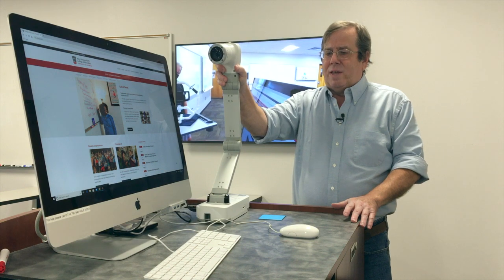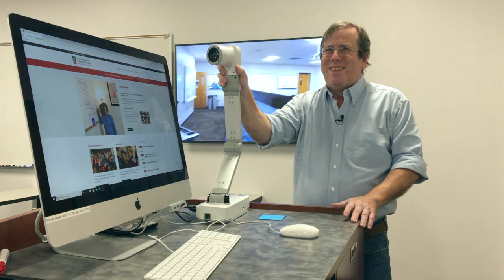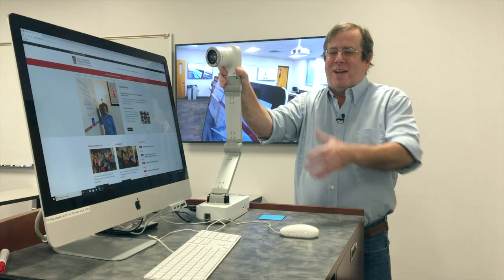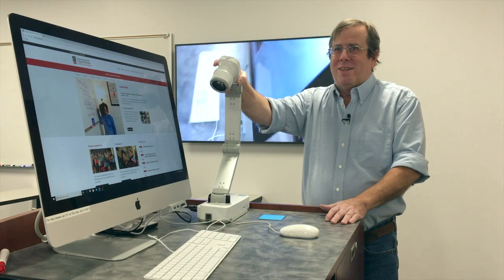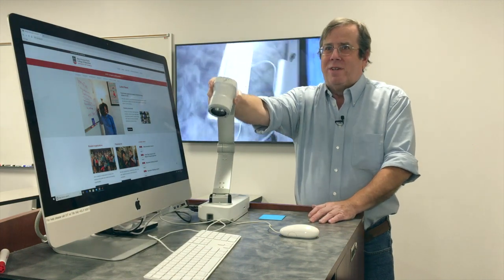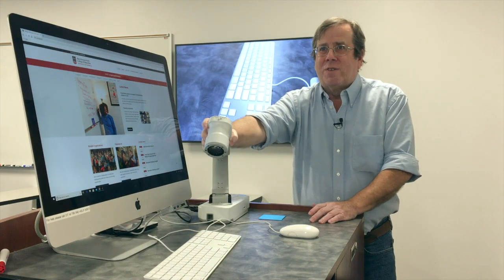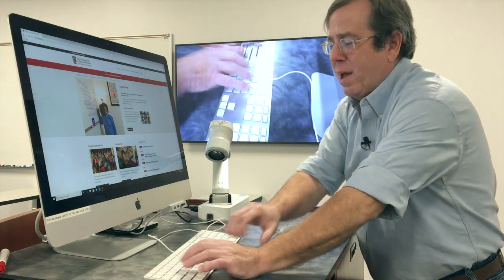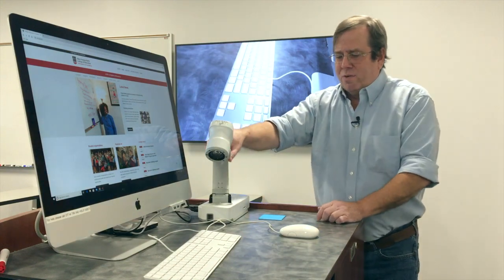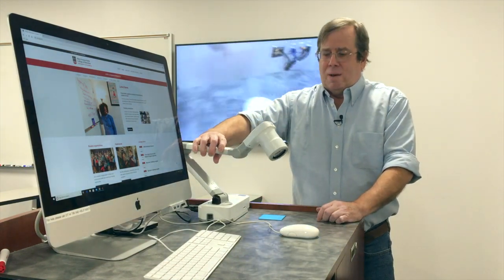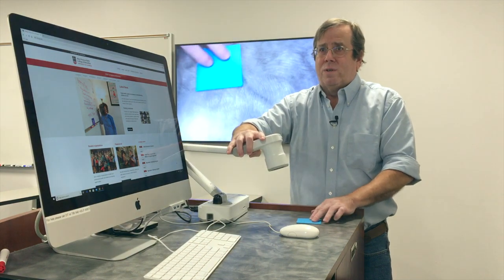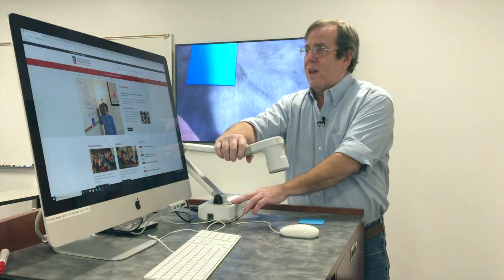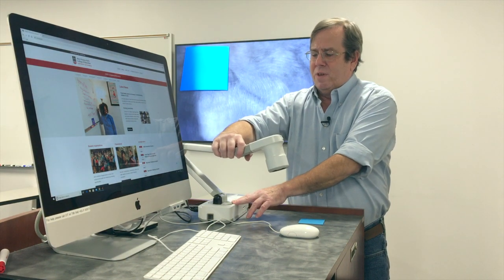So, let's say I want to describe a keyboard for whatever reason. I can focus the camera, do a tight shot of the keyboard, say it was important how I was putting my hands on the keyboard or something. So for close objects or close documents, you can see anywhere in the room what I'm doing.